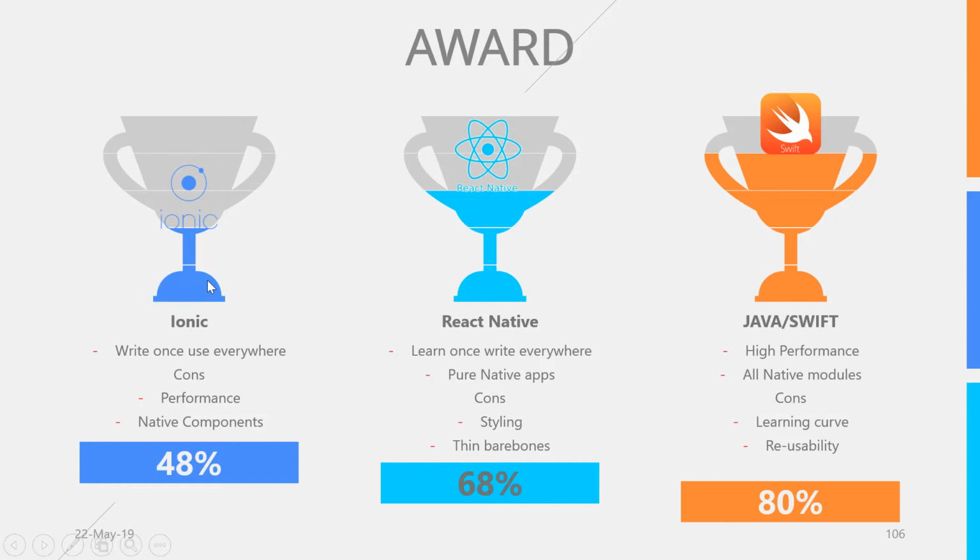So when it comes to Ionic, on the other side, the advantage is that you write once, and it can be used on any phone, but the cons are performance, and access to native components is pretty much non-existent. So basically you are writing a web view, and I'm not a huge fan of that. Also, I'm going to tell you my story about Ionic in the following video when we do installation, but initially, I really wanted to use Ionic because, coming from Python and using a lot of HTML,